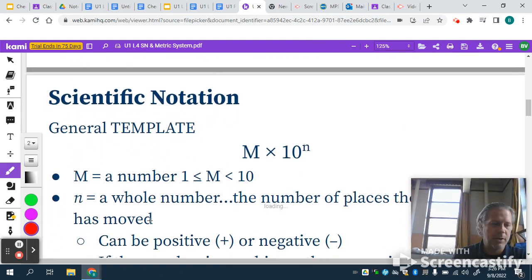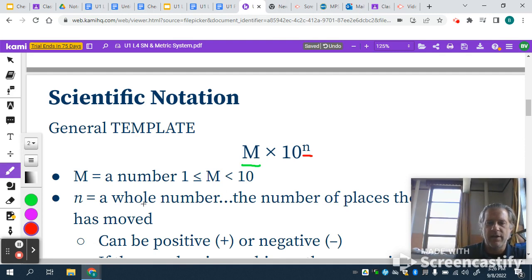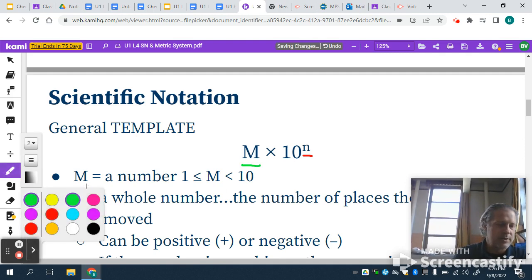Well, there's this general template where we have a value that we call an M number and an exponent that we call the N value. Now, the M number itself is a number that falls